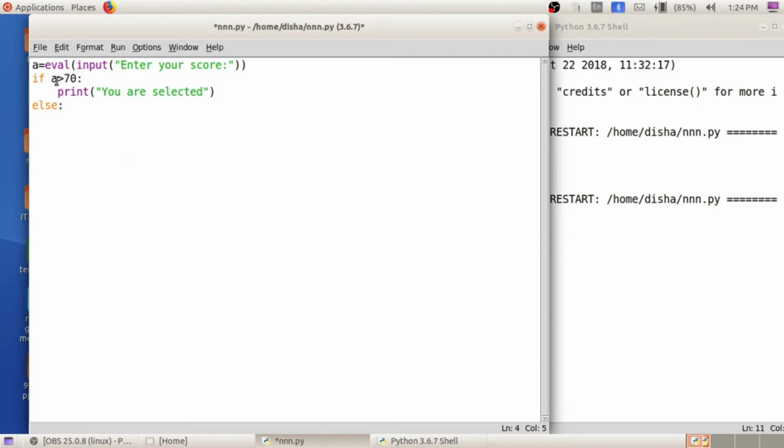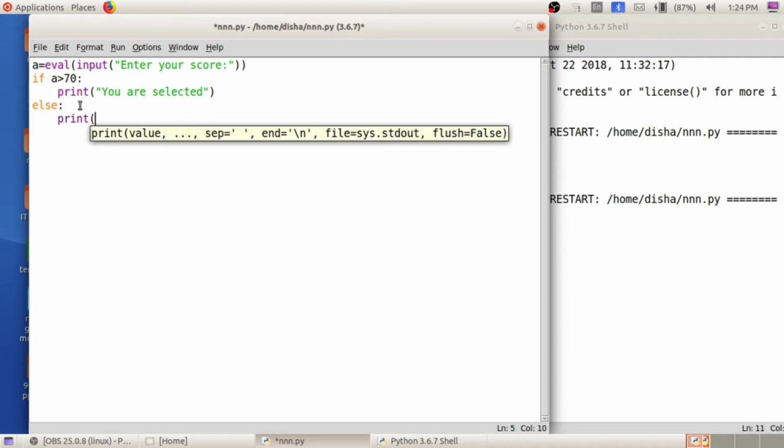No need to specify the condition a less than 70 again, because if it is greater than 70, it will automatically print the statement. Otherwise it will print: you are not selected. Type the sentence you are not selected, close the double quote, close the bracket.